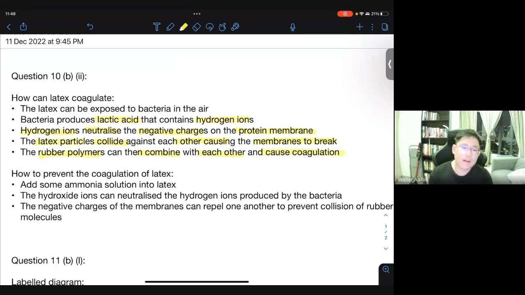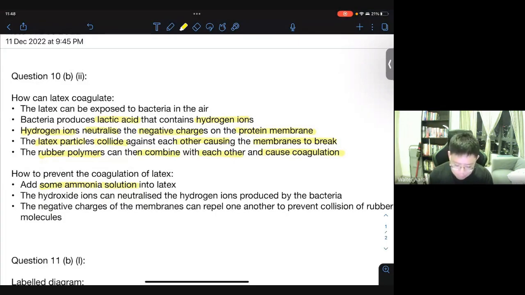Now, how do we prevent that from happening? After the rubber tappers tap the rubber, once the latex flows into the smaller cup that you see, they will add a bit of ammonia. So that's a solution; you add ammonia solution. So what does it do then, right? How does that ammonia prevent the